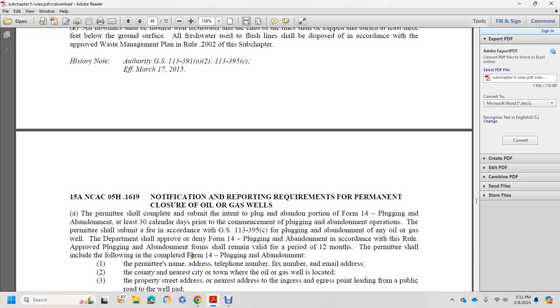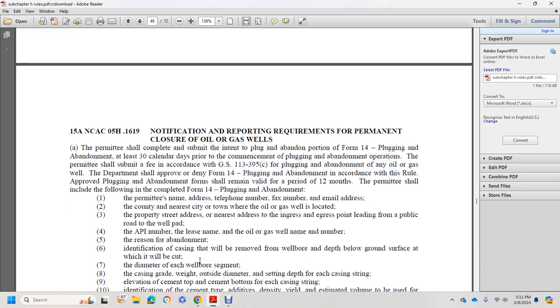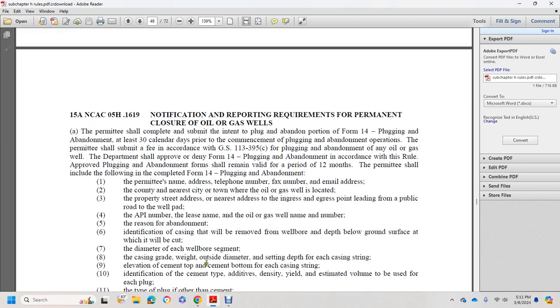The permit shall include the following: completed Form 14 plug and abandonment, the permittee's name and address, telephone number, fax number, email address, the county and nearest city or town where the oil and gas well is located, the property street address with the nearest ingress/egress point leading to the public road and the well pad, API number, lease number, oil and gas well number, reason for the abandonment, identification of casing that will be removed from the well,